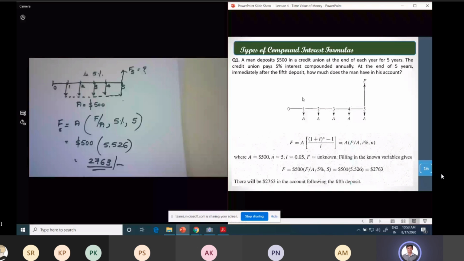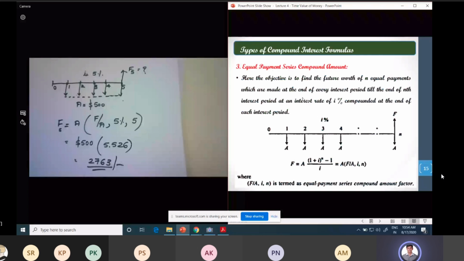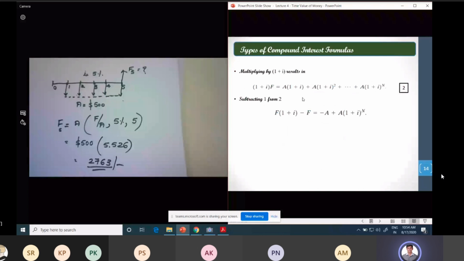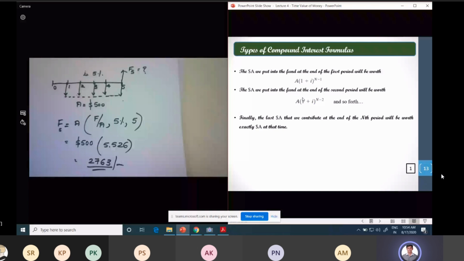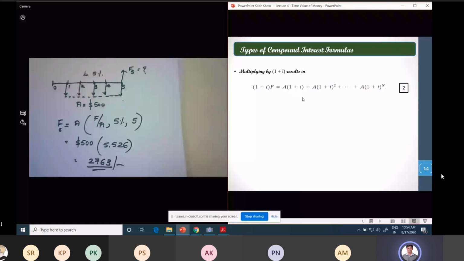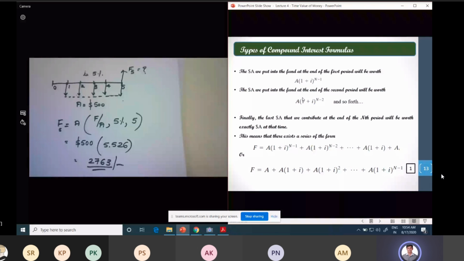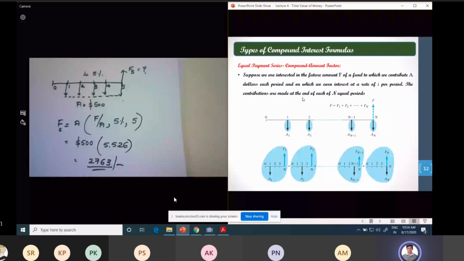No. Actually, what I have done here is, since I have missed the derivation, that is why you didn't get that particular point. In this derivation, all the payments will be considered as a single payment. You just refer to this derivation again. If you don't understand that concept, you can get back to me. I will help you out.